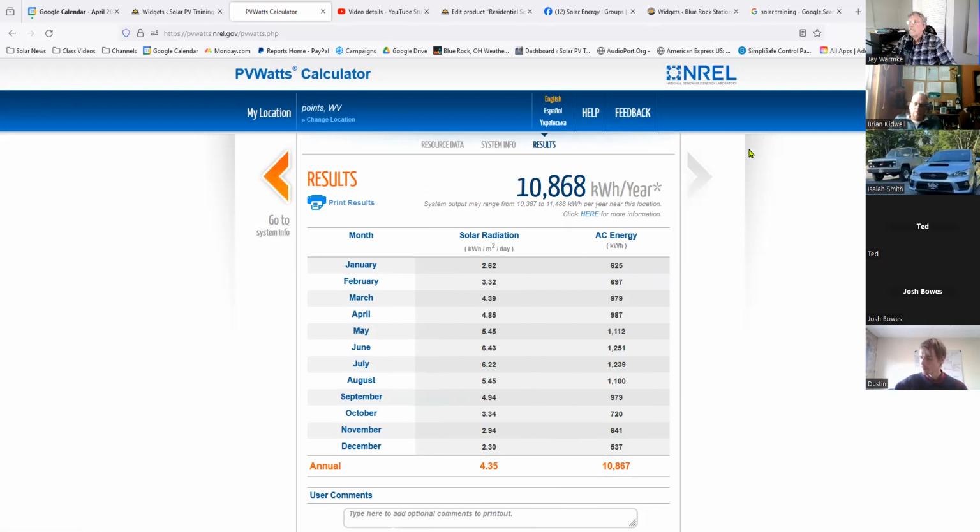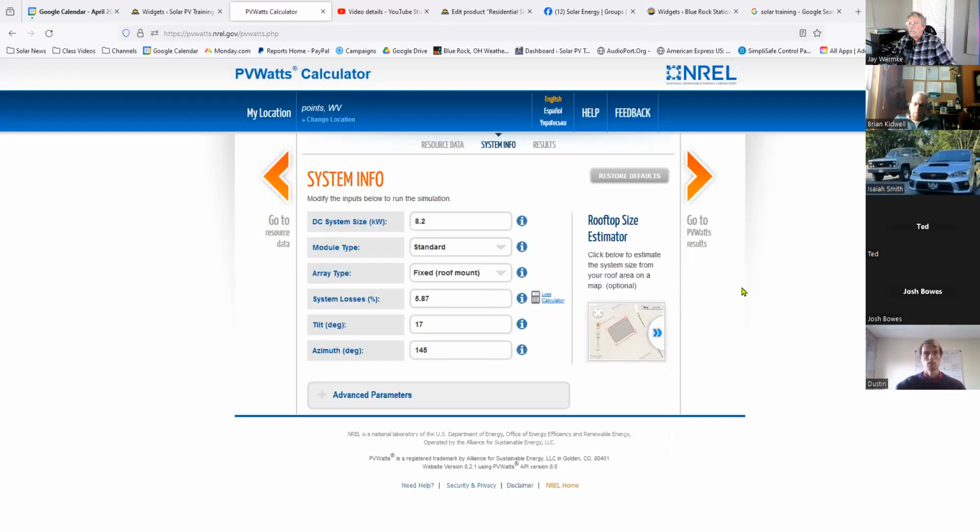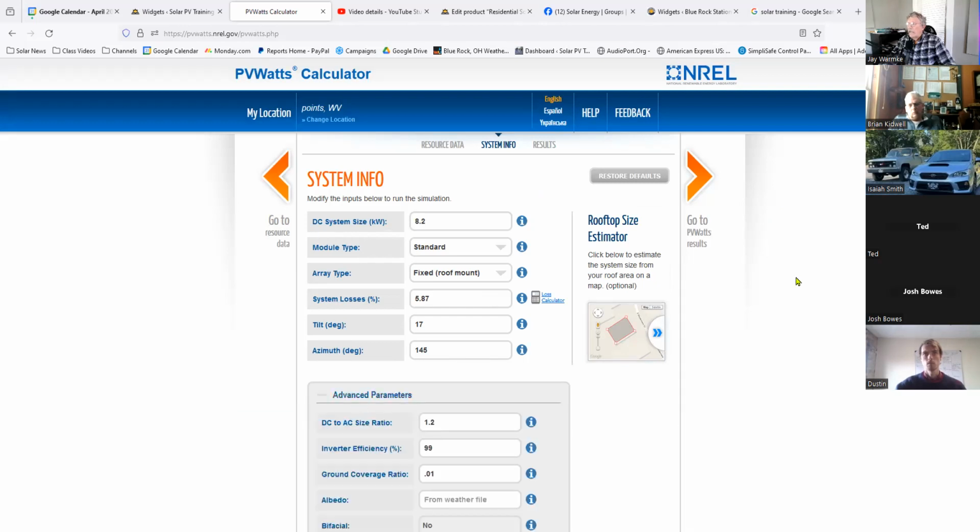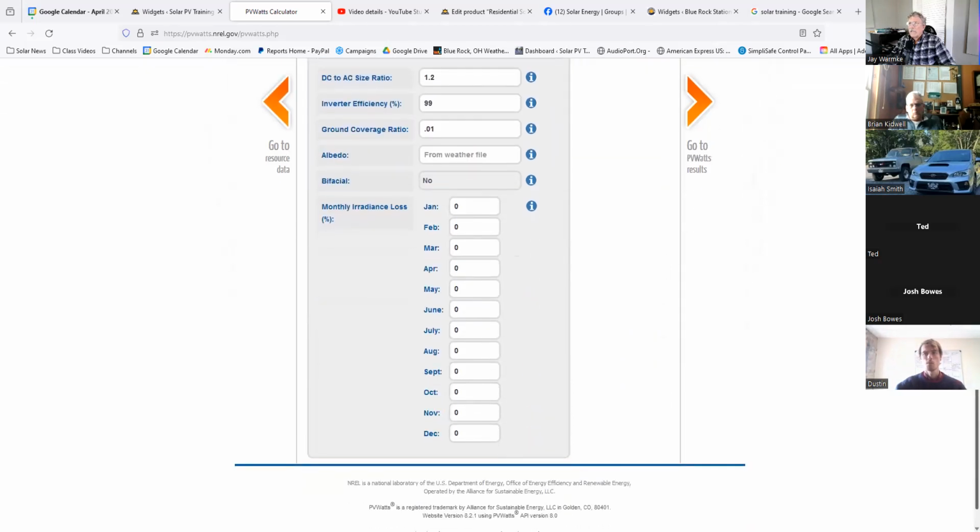The other question I had about this calculator is if you're using a standalone system, because of the other factors you might put in there, if it's a standalone system you're trying to design, does using PV Watts assume you're not using a standalone? I assume you're being grid tied. Yeah, it does. And I think right down here under advanced, you can plug in your monthly irradiation here,